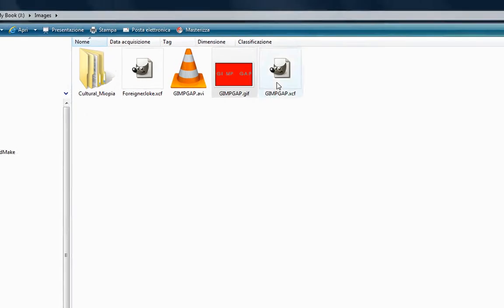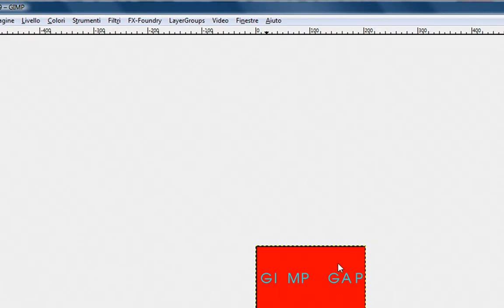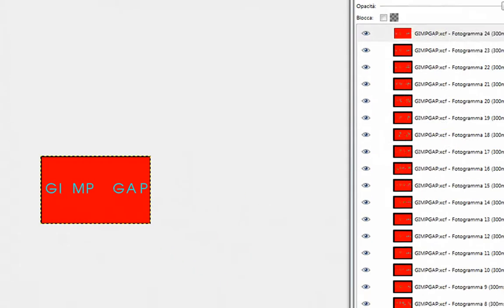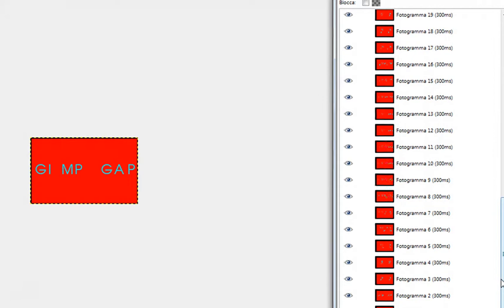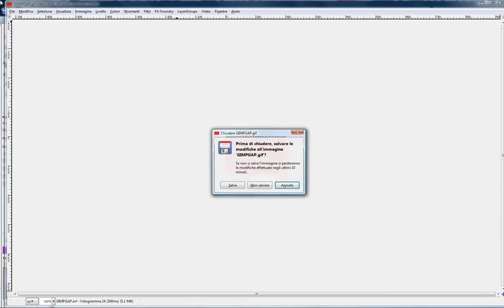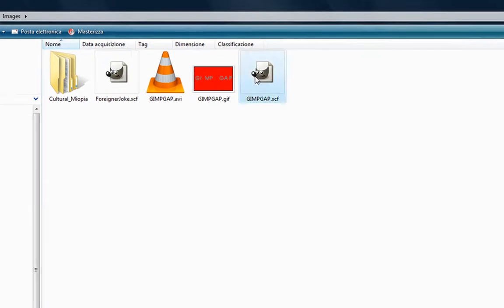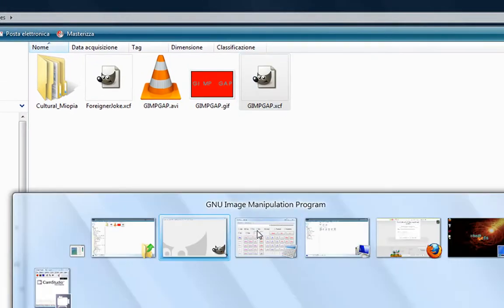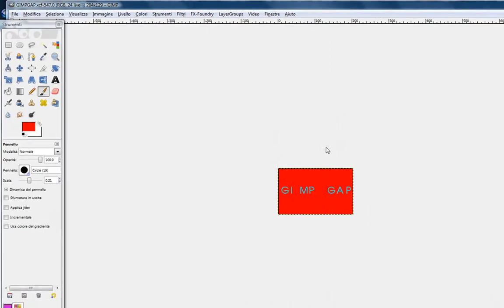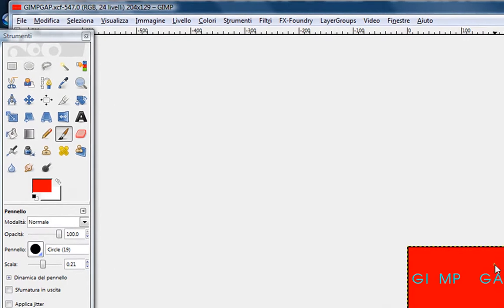Once we have saved it here, we drag it to where GIMP's window client area lies, either in or outside the canvas border. Unfortunately, GIMP does not open the file as a new image, it instead adds the layers to the already opened GIF file. To solve it, we will press Ctrl-W to close this image file without saving it. Once again, we drag, this time, the gimpgap.xcf file to GIMP's window client area. As we can verify, gimpgap.xcf is now open instead of its layers being added to another file.